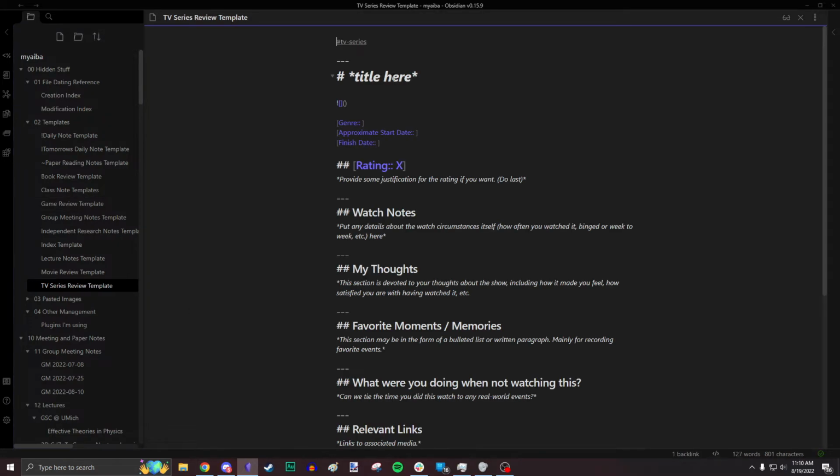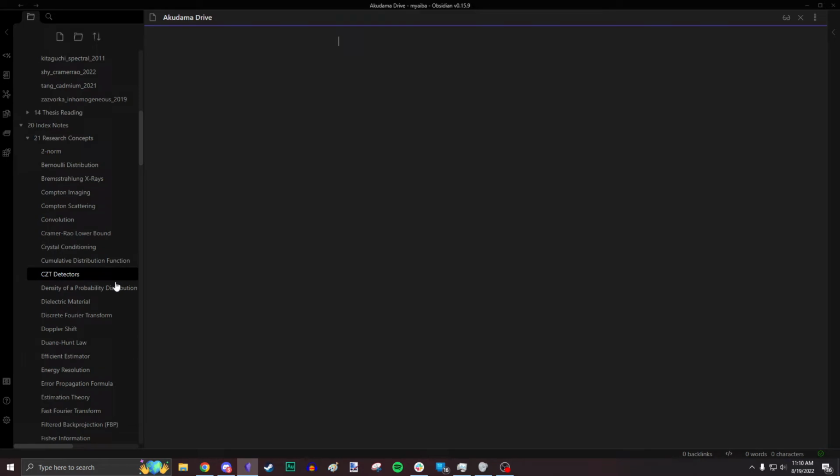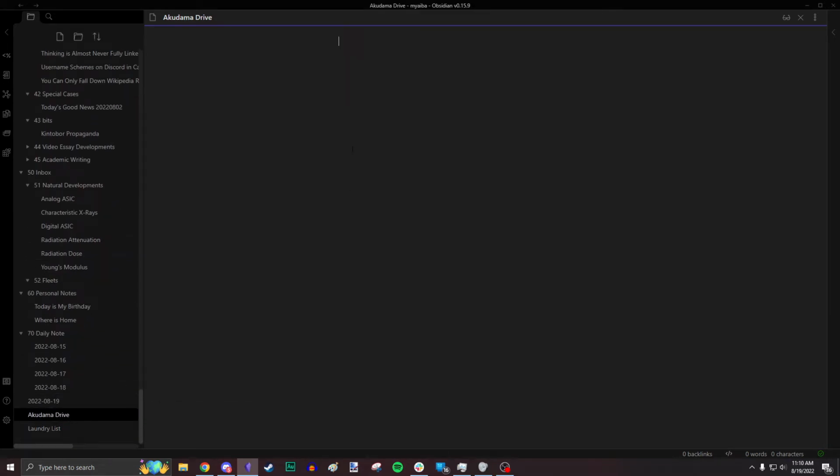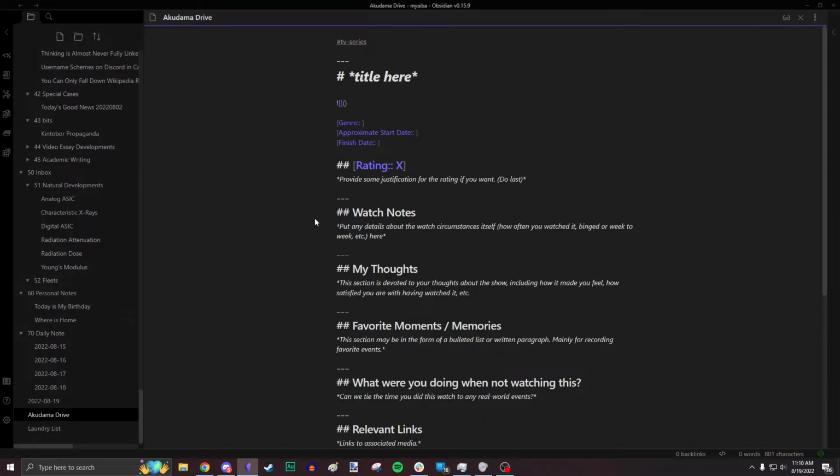So I have this TV series review template that I'm going to insert for this document which I have made called Akudama Drive. So I'm just going to go in here and insert this template for TV series review, and then all I have to do is go like Akudama Drive, like so. I could put a photo of what it is. I'm using a plugin called Data View, which means that I can add some metadata to the document itself and it gets read accordingly. And if I put in the day I started watching this, which was 2022,